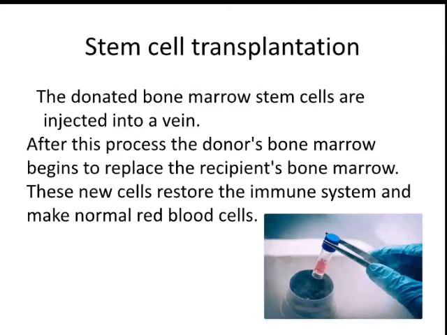Stem cell transplantation is a newer therapy, done along with gene therapy. What they do is donate normal bone marrow stem cells, injected into the vein, and this bone marrow will start producing normal hemoglobin, which reduces the HbS, that is sickled hemoglobin. This is done temporarily to reduce the symptoms, especially in children.